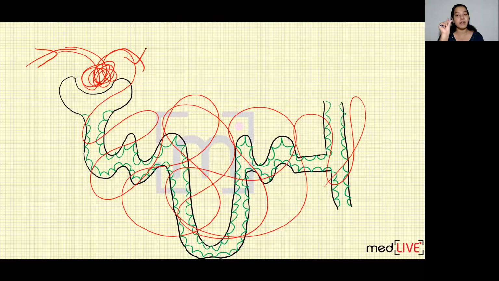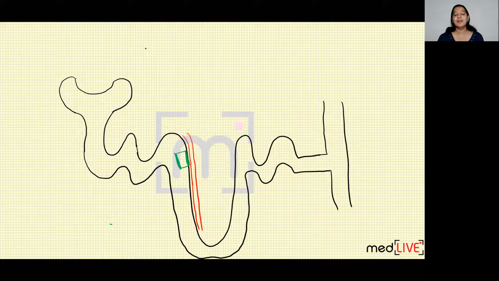Now I will zoom one specific portion for you. Can you see? I have not drawn all the epithelial cells. I have drawn only one epithelial cell with green color, although the whole tubules are lined with the same epithelial cell. Just for explanation, I have drawn one epithelial cell. On one side of the epithelial cell, there is a lumen of the nephron. Can you see here? This is the lumen. And on the other side of the epithelial cell, there is blood vessel. That is vasa recti.